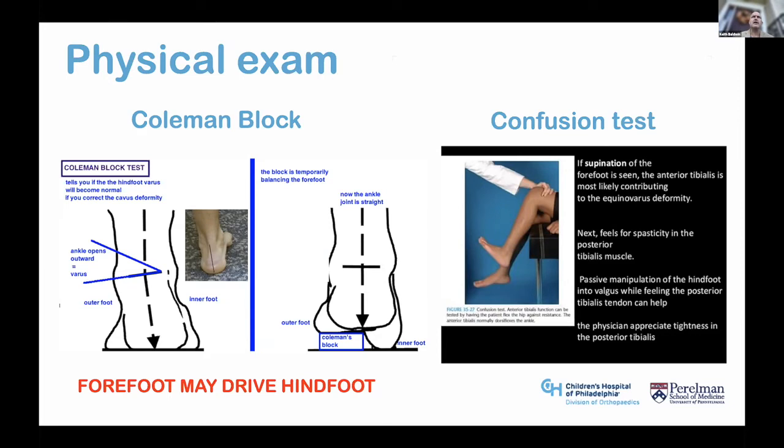And then in order to figure out if your forefoot is driving your hindfoot, you can do something called a Coleman block test, which is basically you put a wood block underneath the lateral aspect of the foot while allowing the first metatarsal to drop off of the block. Now, if the varus goes away, that means the forefoot is driving the hindfoot. Possible interventions for that include a recessed first metatarsal head orthosis with a lateral hindfoot post, or you can do a plantar fascia release, Jones transfer, first metatarsal osteotomy. If you see that your Coleman block test is still in varus, that means the hindfoot is fixed, and you're likely going to need a